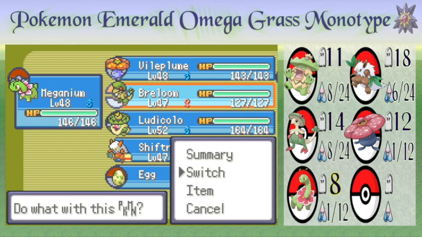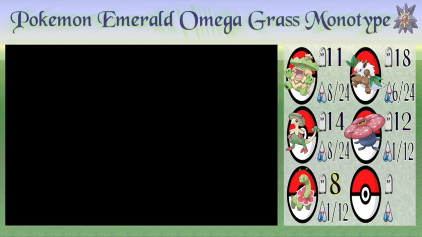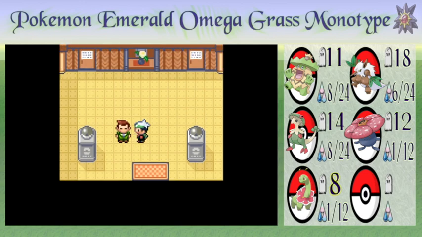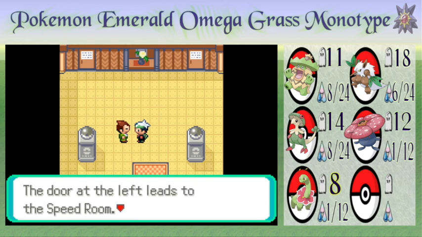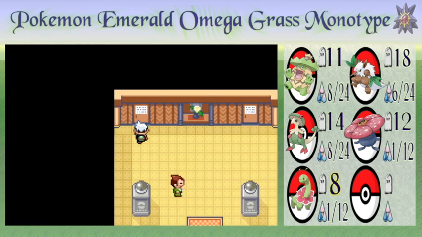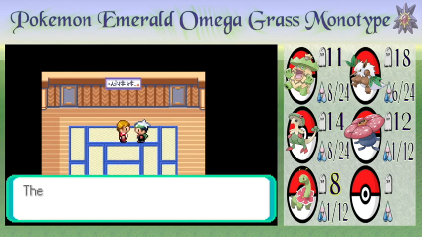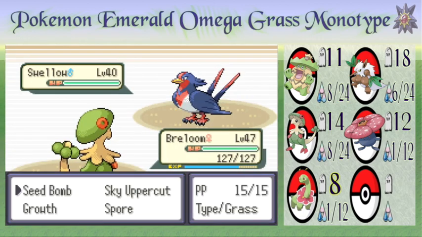Okay, so normal types. Obviously, Breloom is looking to be MVP. Having smashed through the tail end of Flannery's team, Breloom is looking good to actually start taking massive leaps in recovering from its difficult start as a Shroomish. So we've got speed and accuracy, because what they could obviously be using is berries as opposed to X items. As we see a Swellow,